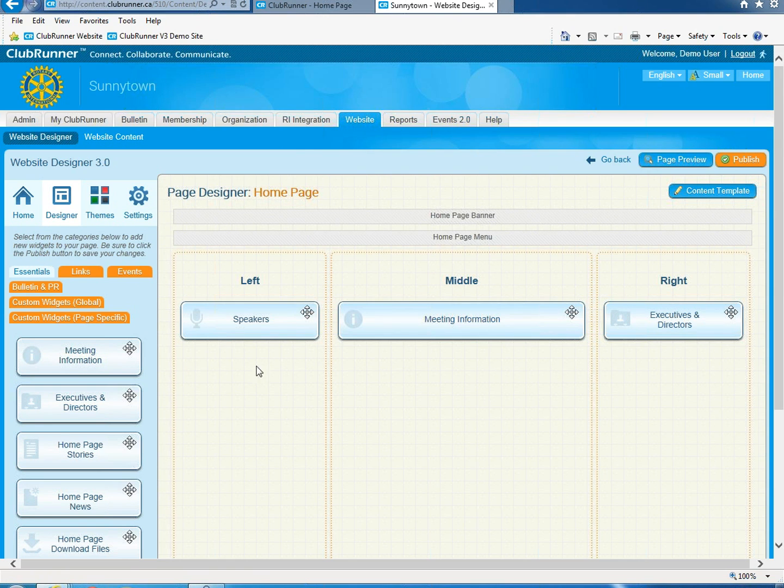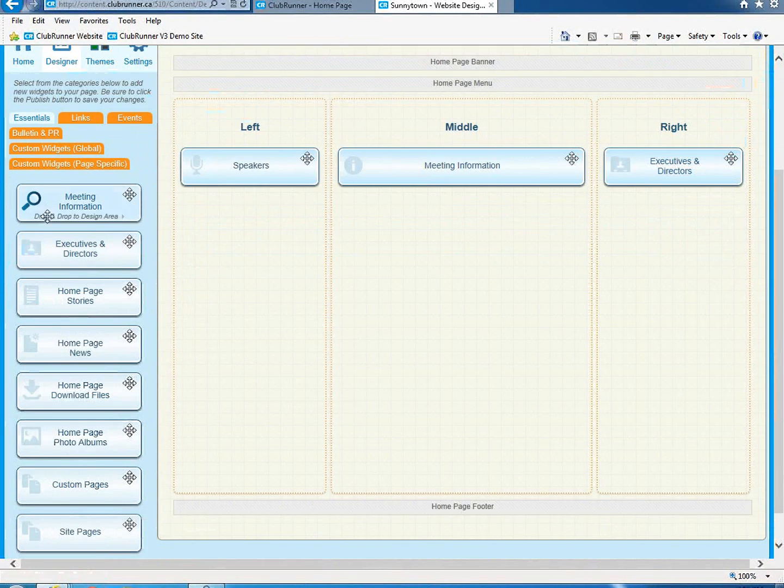see in that area. So in this case, this widget here is the speakers widget. It will display if you've set up any speakers within your site; this is how they will be displayed on your website. Okay, so basically what you would do is click on the Essentials group at the top here. This is the first group, and in there you can see all the different widgets that we've got for that